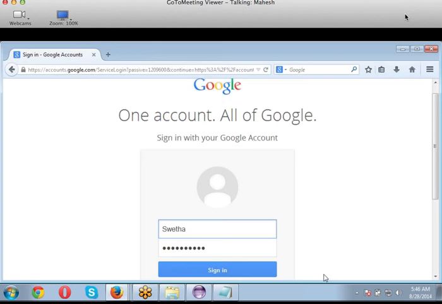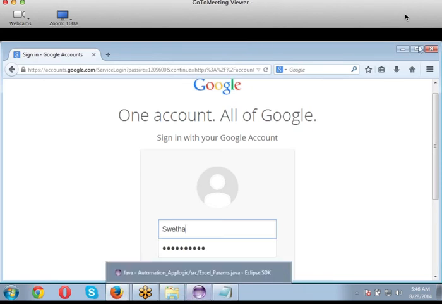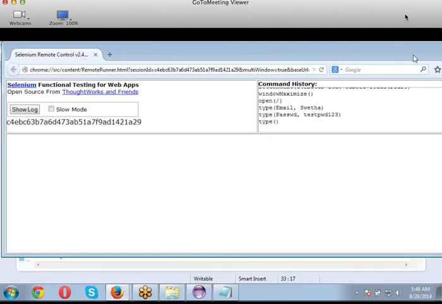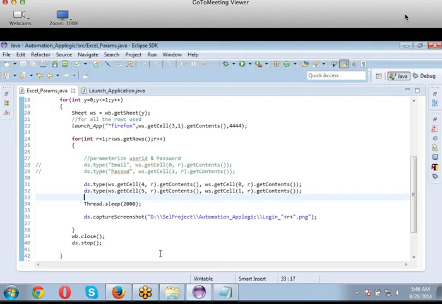See, there is something wrong, because we mentioned only for the first thing. In the Excel sheet, we have mentioned only for the first name. Can you open it? Okay. We'll have to go back to the Excel, only for the first person.